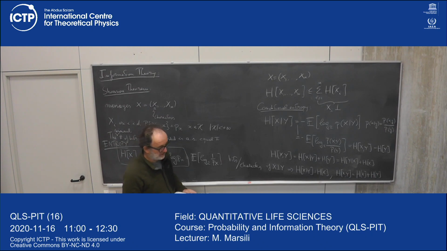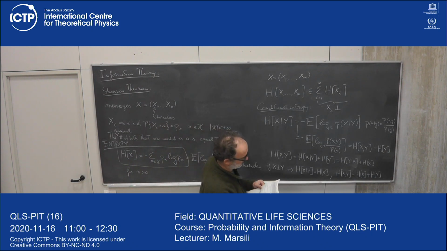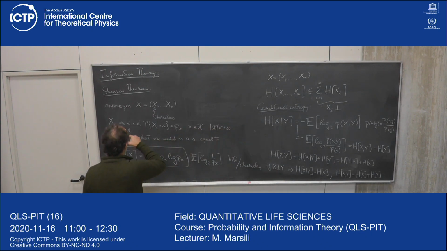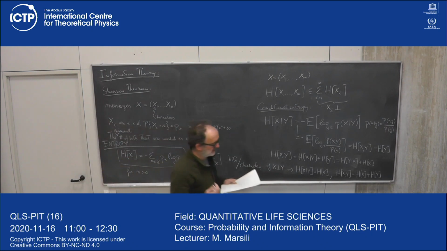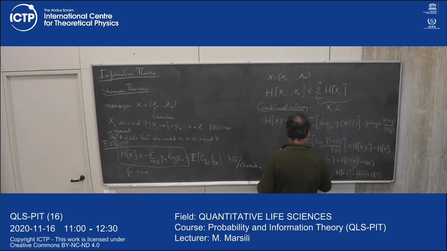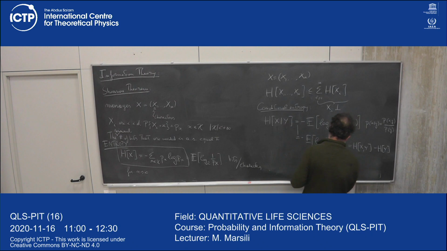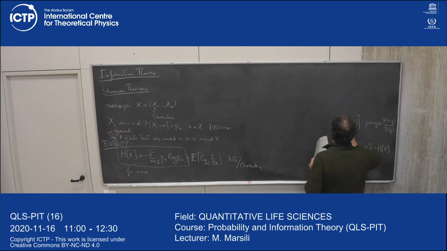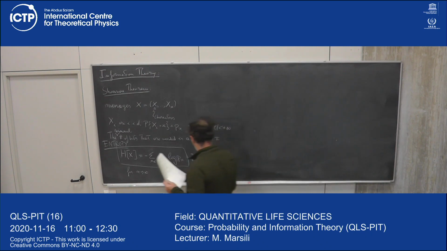Okay, so there is another thing I want to discuss, which is, well, what we have discussed so far is how you quantify information for random variables that are discrete and in a finite set. Of course, if your set is discrete but infinite, then this definition extends in a natural way. But